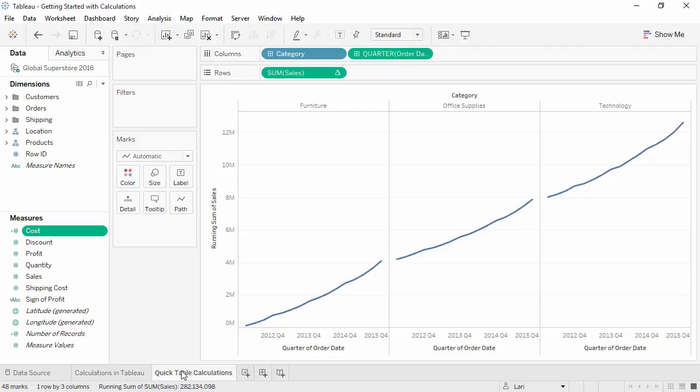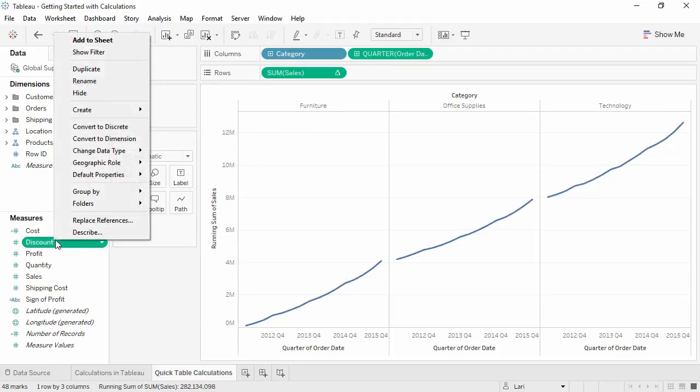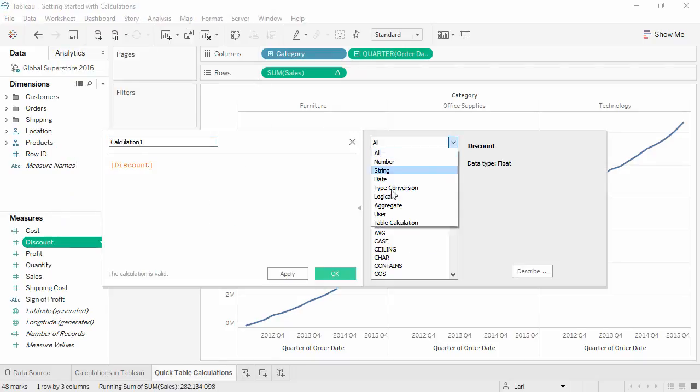An example here is running total of sales. A table calculation is indicated by the delta symbol on the pill. Table calculations can either be written like any other calculation, using the table calc functions in the calculation editor,